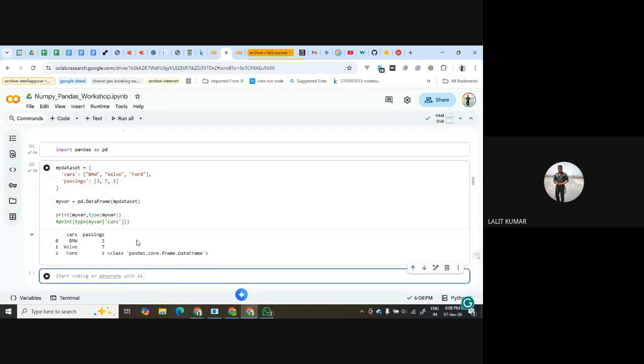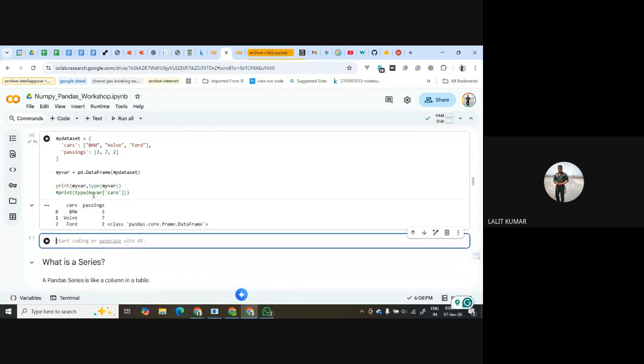Okay. So when we have passed, see, this is a Pandas data frame where it has got columns, cars and passings, and it has got values BMW, Volvo, Ford, and here passings 372. Now see here, very, very important, this index which is there, 0, 1, 2, has come automatically. Okay, these are indexes. We will see in future, we can change this behavior also.